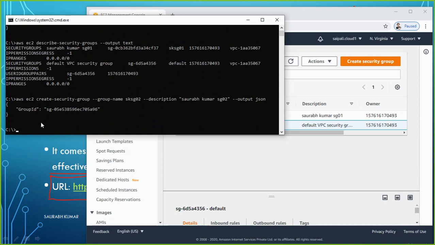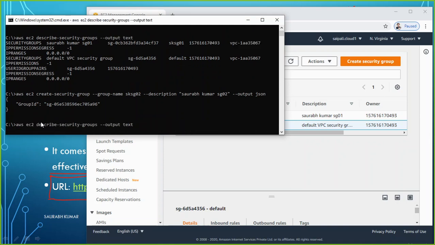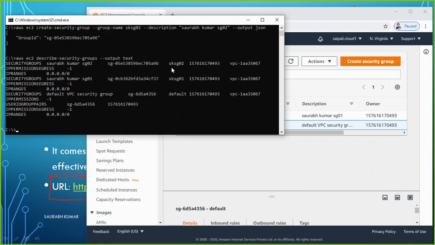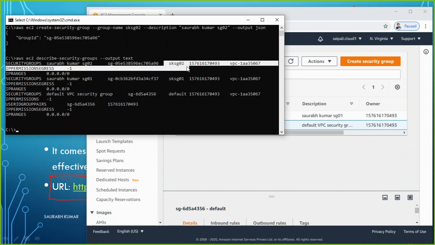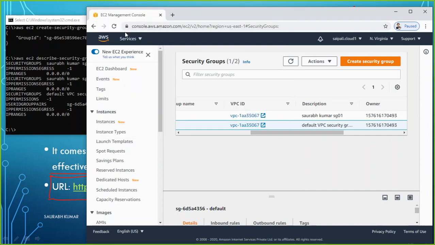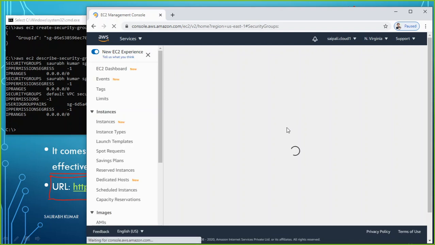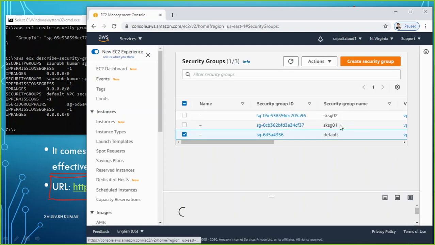Done. Let's check it. How many security groups are there now? There are three: default, SKSG1, SKSG2. Here also if you refresh in the console, you can see three security groups.